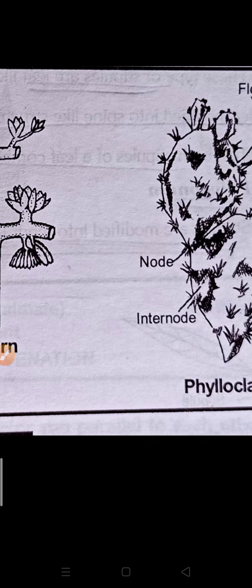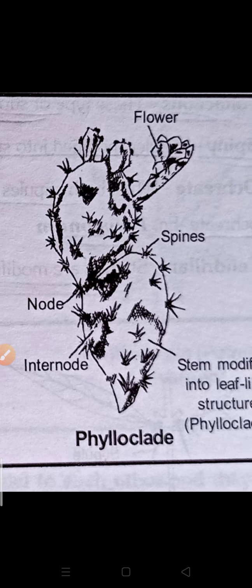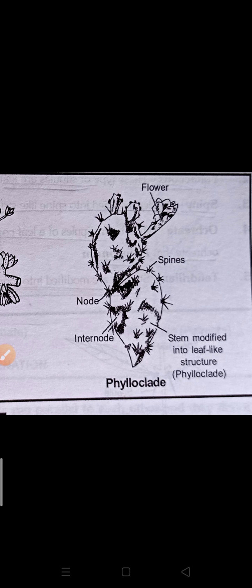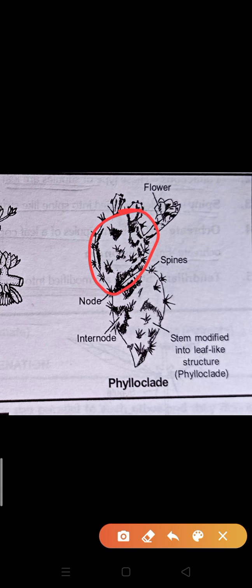Now the last one, that is very important, children, and asked many times. What is phylloclade? This is the modification of stem in which the fleshy flat part, you can see here, this is the stem part, and the scaly portion, these are the spines, and the spines are a modification of leaf. Okay, means stem modified and looks like leaf, that is known as phylloclade. But leaves also modified into spines.